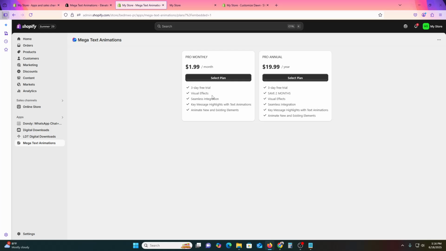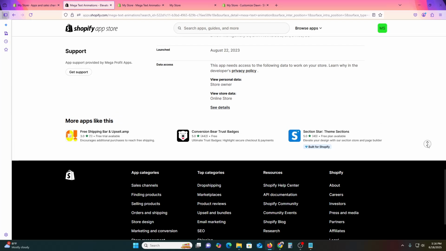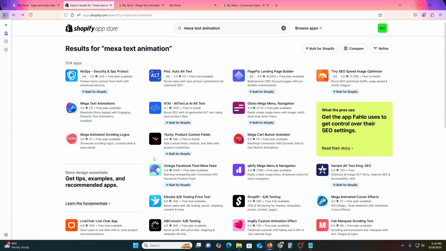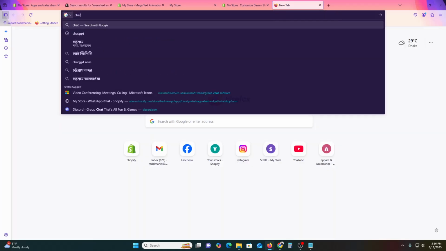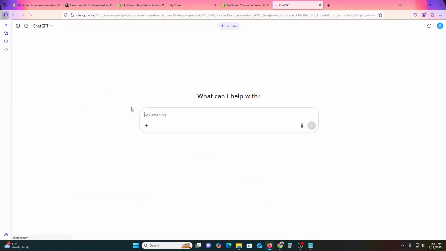They changed a lot. Like previous week we had these options to do the animation with the free version, but they are not allowing us to do it now. But we have a couple of other apps. You just need to go and find them, or you can take help from ChatGPT. So let's search ChatGPT and then ask ChatGPT how I can do animation on